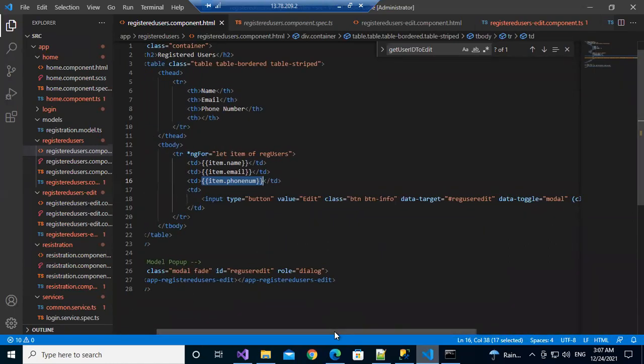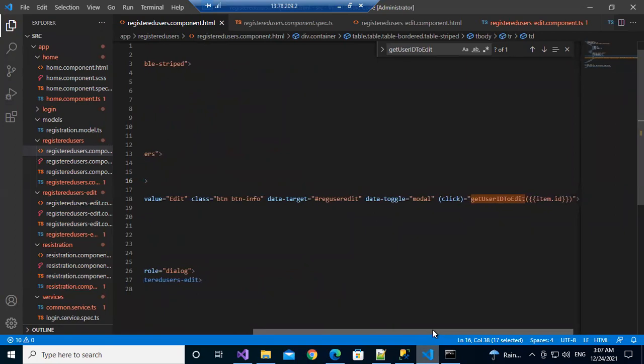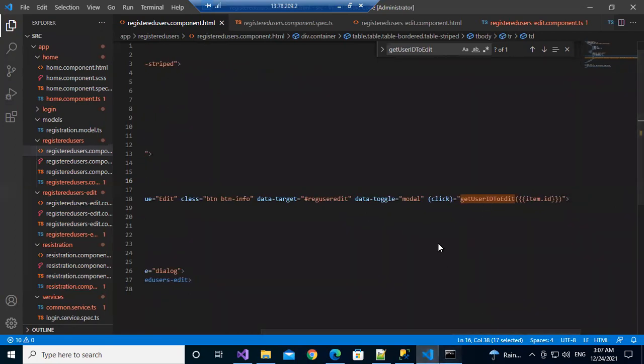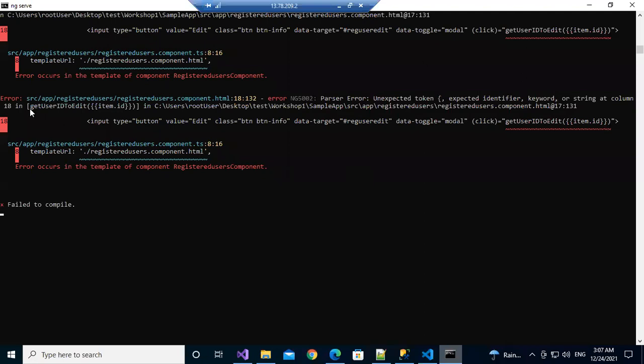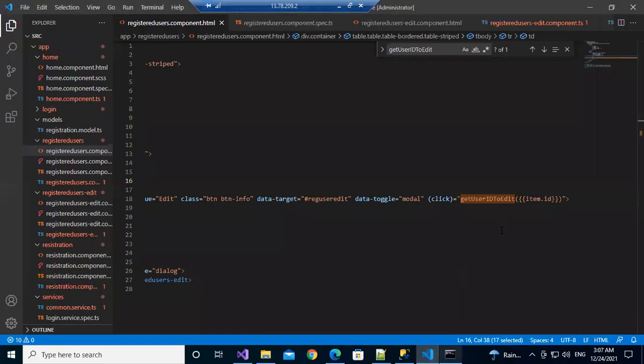Save. Let us see what the error is. In this file, error: unexpected token brace, expected identifier keyword. How many square brackets are there? Two to four only, right?